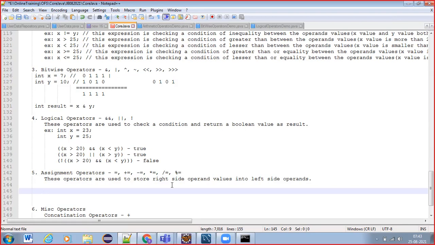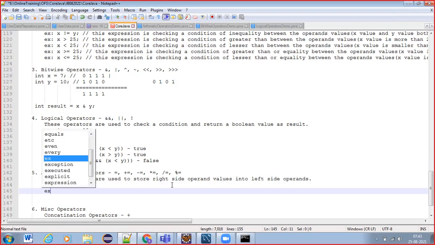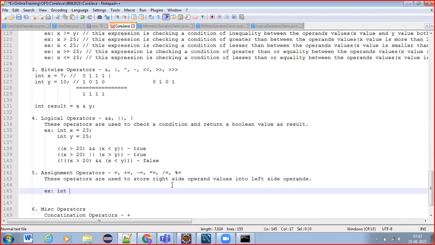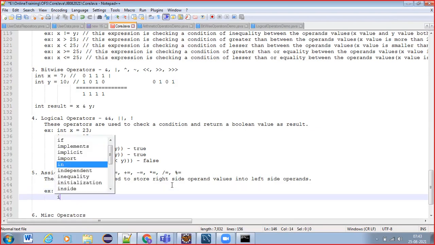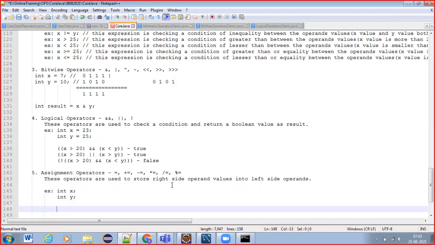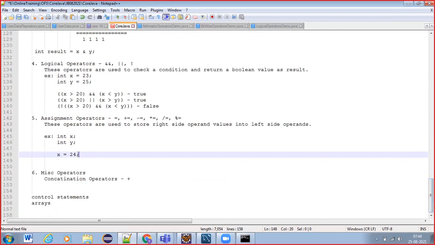Now, an example of how we can write it. Let us say int x equals 25, or int x is there and int y is there. Now what I can do: x equals 24. That means the right side operand, a literal 24, is stored into the variable x, the left side operand location.